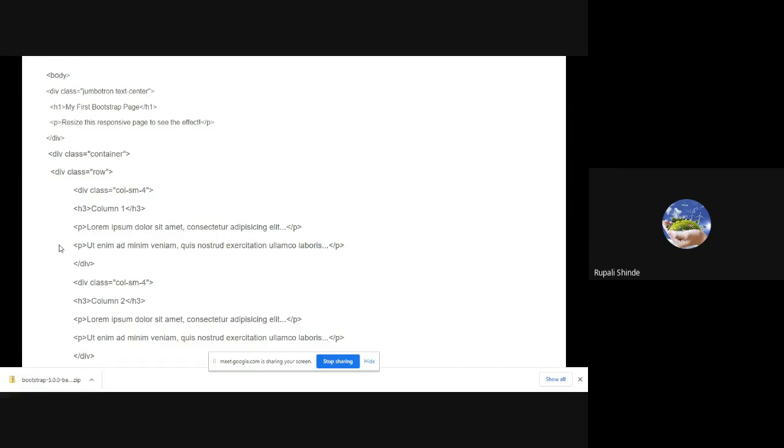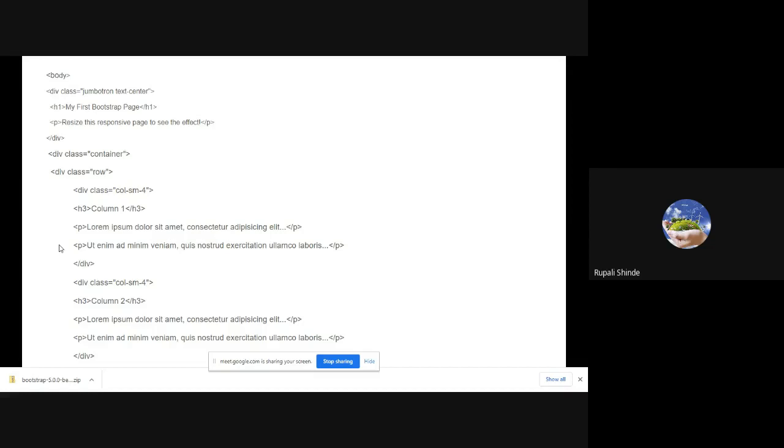Now the next div element has the class container. The container will group up the columns and rows. So a container is the same as a table which has a number of rows and a number of columns. So div class container, and in that we have one more div class. First we have one row, then div class is equal to row. Now the row again has some columns. Here the class col-sm-4 indicates the width of the device.